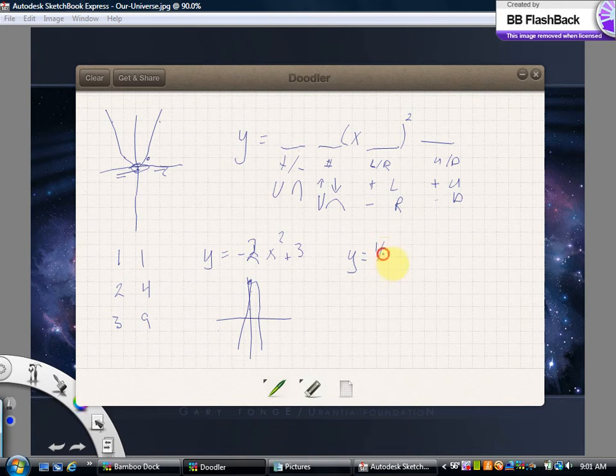So if it was 1/2 of x plus 4 squared. Okay, there's nothing written here, so you assume positive, because if there's nothing there, you just assume it's a positive. So that means it's going to be a smile. 1/2 means it's going to be a little bit wider. It's going to change our 1, 1, 2, 4, 3, 9. The plus means we've moved to the left, and there's no up or down. So we're going to move 1, 2, 3, 4 to the left. We're going to make it a little bit wider parabola,